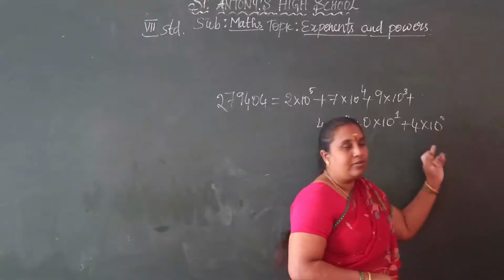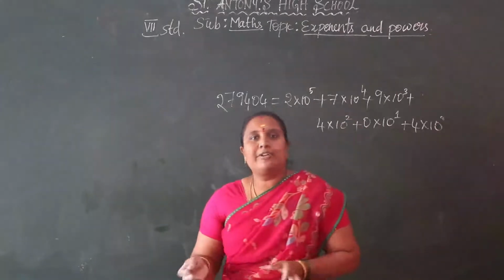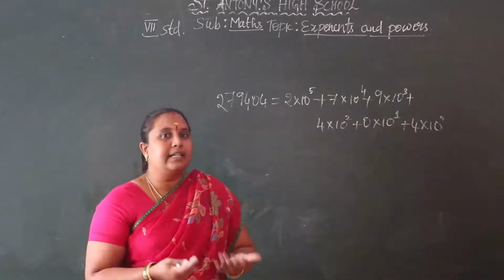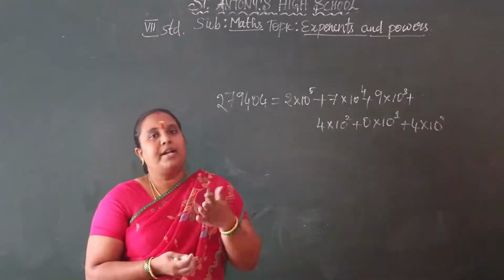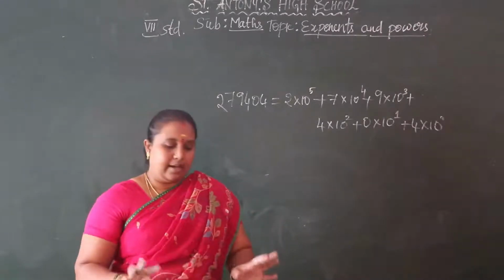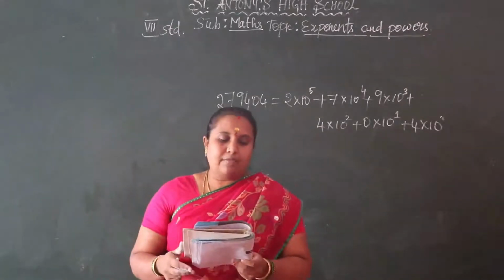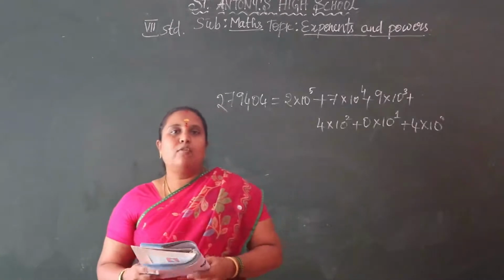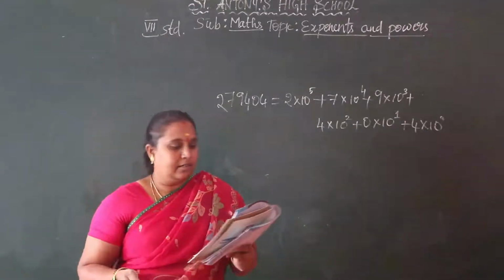So we have to multiply 4 into 1. We can write it as 4 also, it is correct. So we are writing 10 to the power of 0, also correct, or we are writing it as 4, also correct. Based on this you have 4 more sums. You have to write them in your rough notebook.